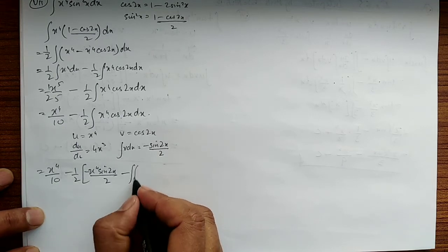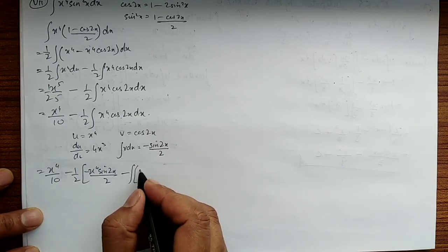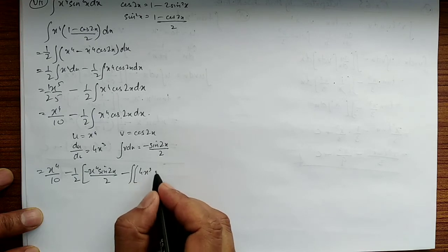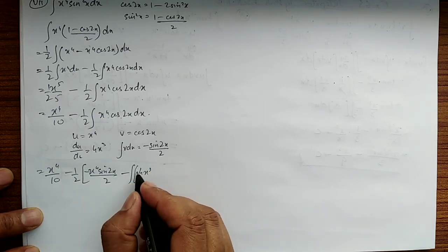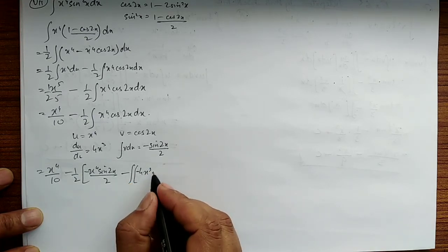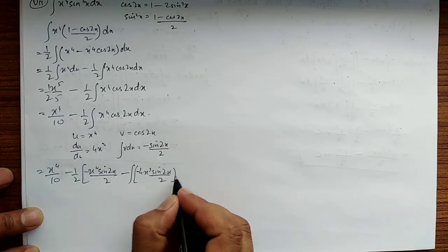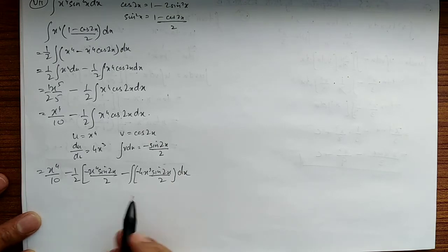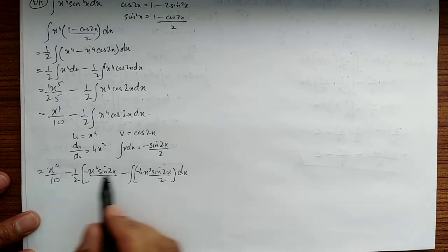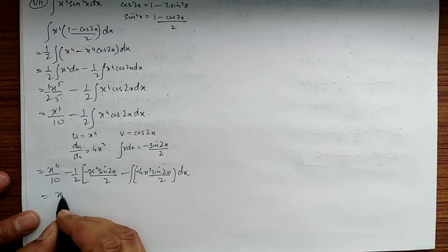Minus integral of the derivative of the function, what is it? du upon dx, that is 4x cube, and the integral of the function is sine 2x upon 2 dx. I have just directly inserted the values in the formula, and this will give us